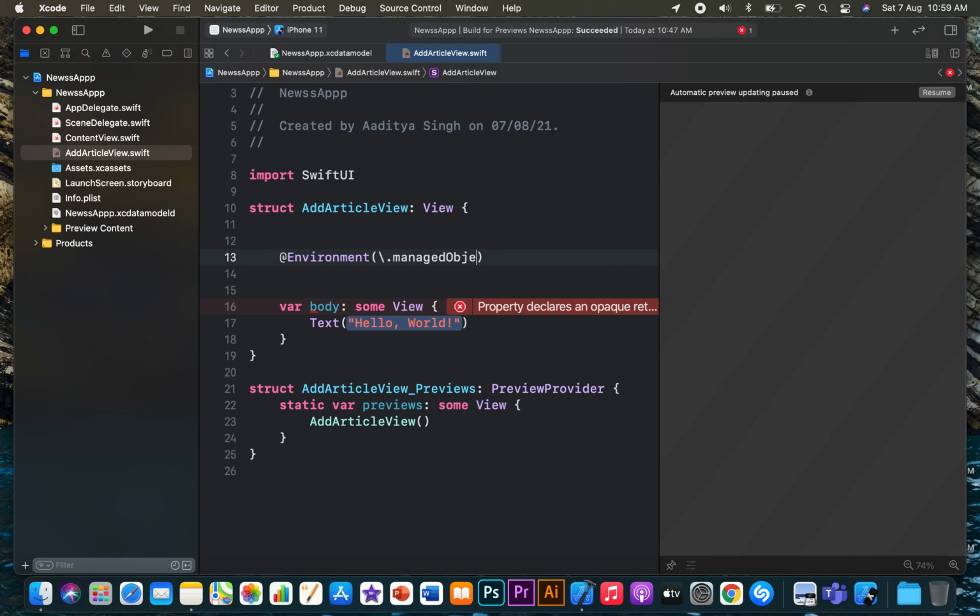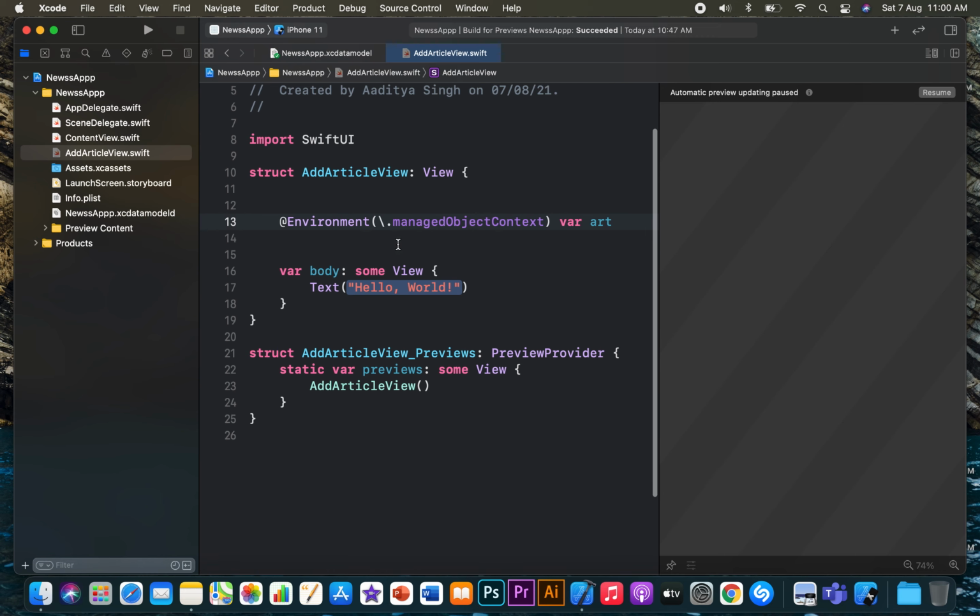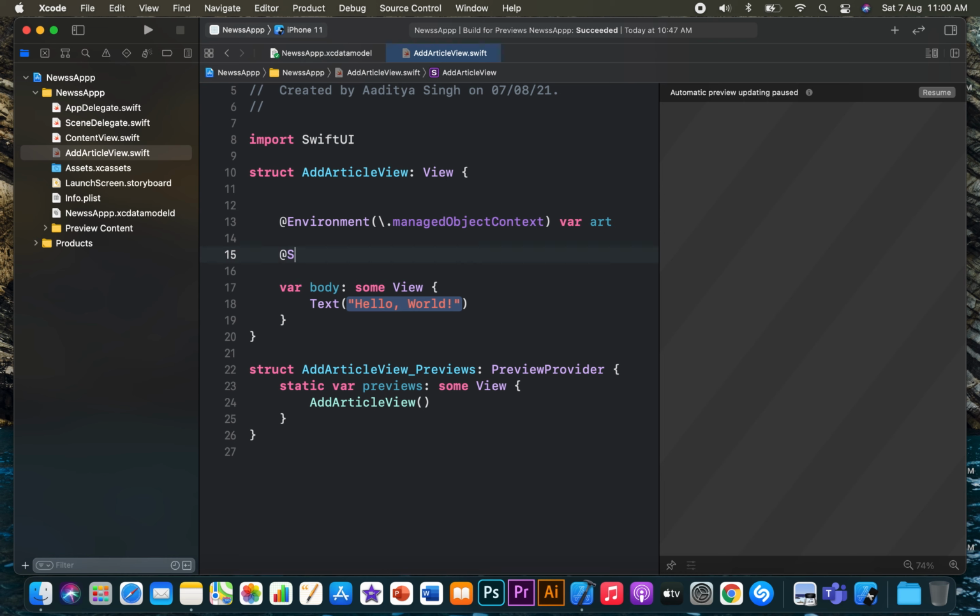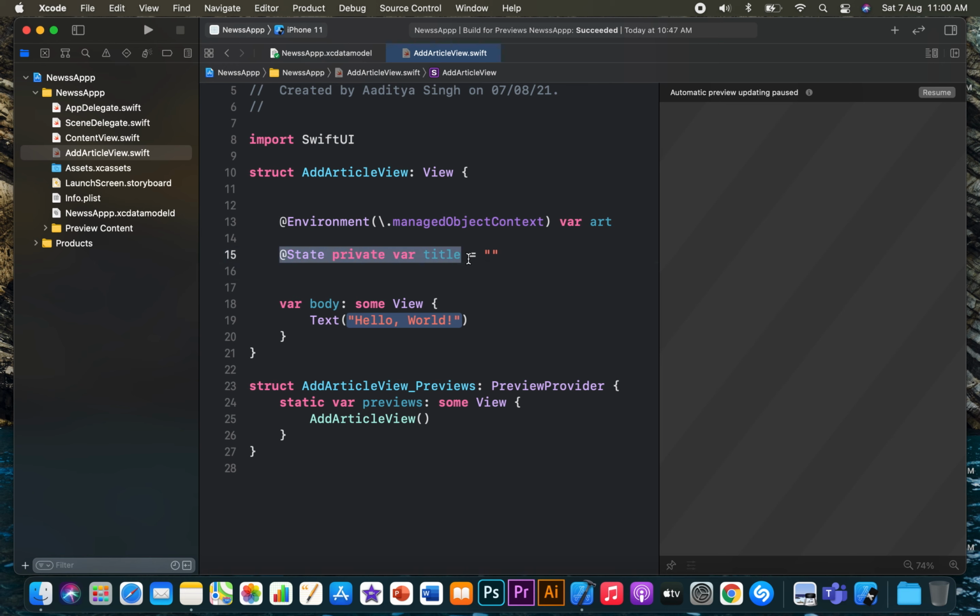What we are doing right now is creating that managed object context, which would be of type Environment property wrapper. We are enclosing it inside, and let's just name this moc as I told you before as well. This is what we are going to use in every single view that is in touch with Core Data. If it is using some property of Core Data, it has to have this context property, since we would be using it to save our users' input permanently into the device storage. And as I told you, we would also be creating those state properties now.